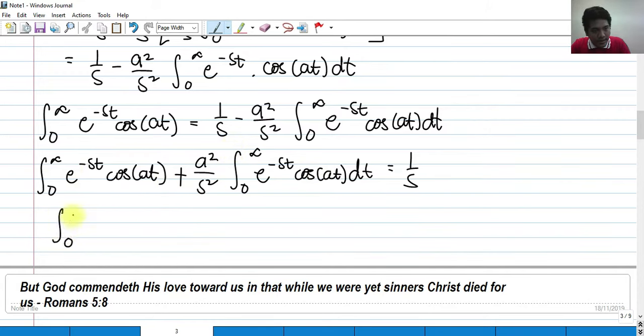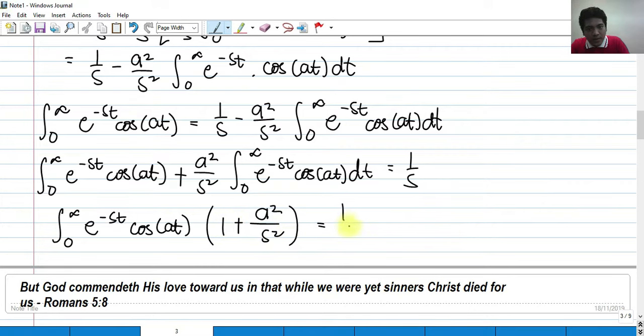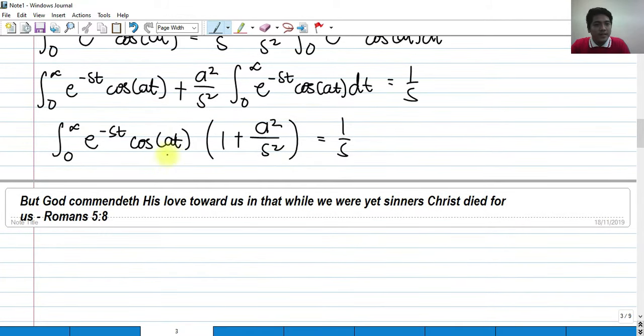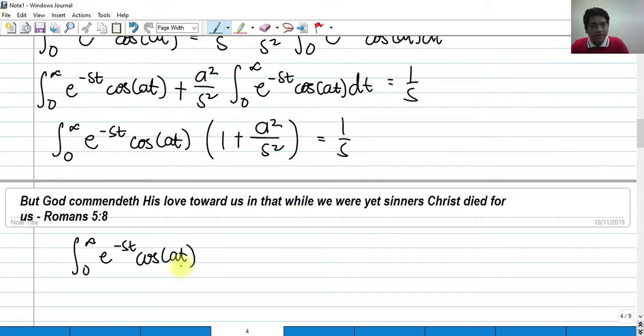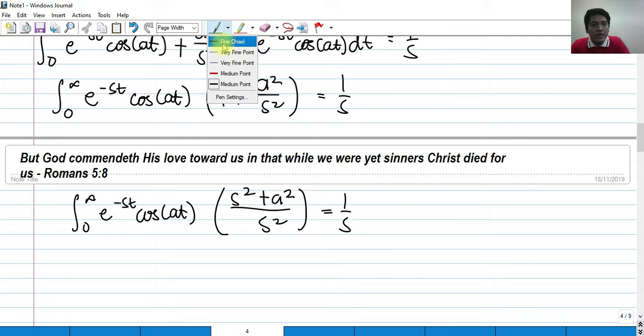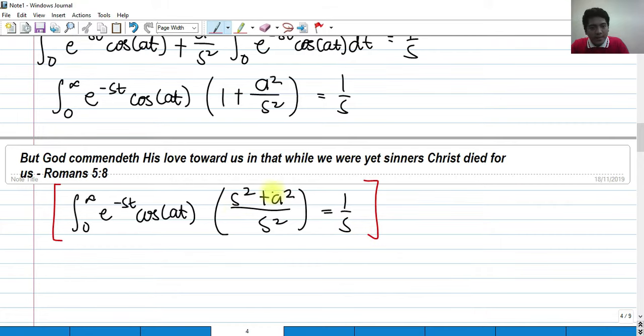So we have the integral from 0 to infinity of e raised to negative st cosine of at, multiplied by, I can factor out, this would be (1 plus a squared over s squared) is equal to 1 over s. So we can isolate this again, but first we have to simplify this. From 0 to infinity, e raised to negative st cosine of at. If I'm going to simplify this, this will be (s squared plus a squared) over s squared is equal to 1 over s. And if I'm going to multiply the whole side of the equation by the reciprocal of this,